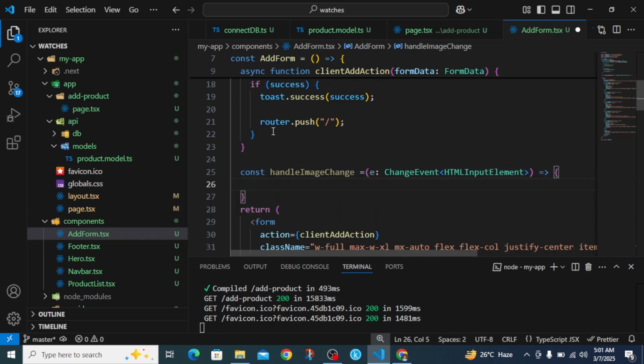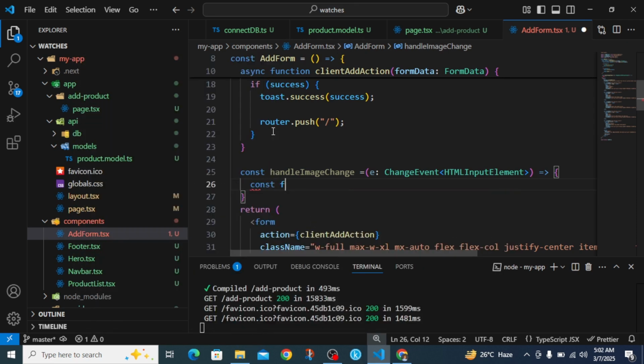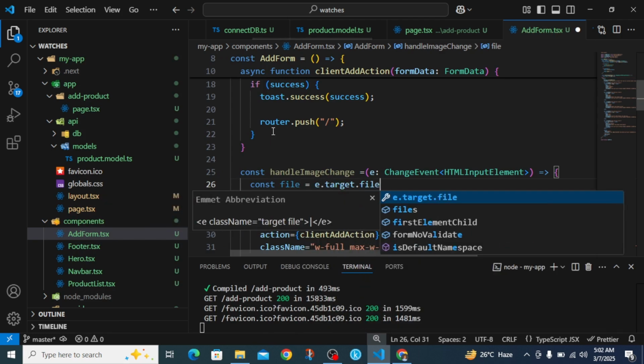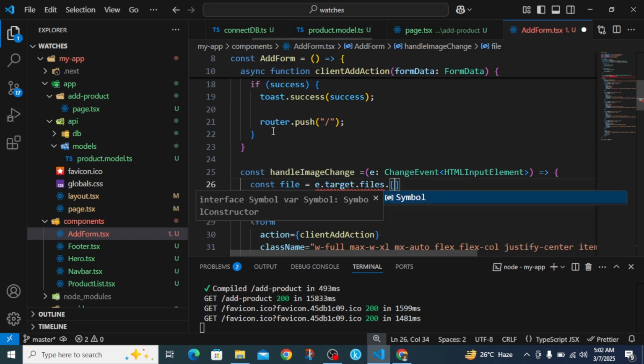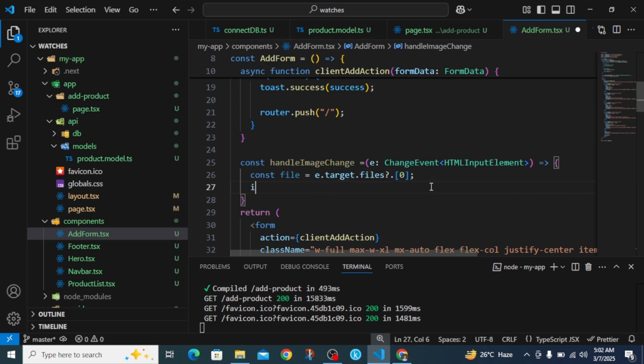Now we're going to get the file which the user passed into the input, the first file rather. So const file will be equal to e.target.files then [0], yeah, [0]. And then if file, that is if there's a file,